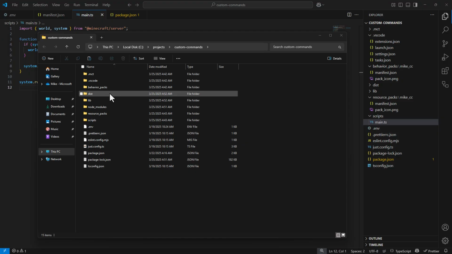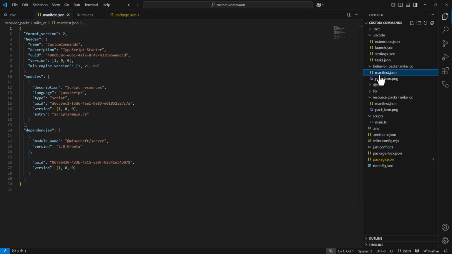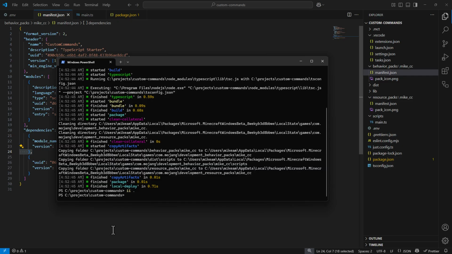I saved this to my local hard drive, and just to get us started, the first thing you need to know is that this is going to be a 2.0.0-beta scripting project. So you're going to want to update your manifest dependencies to 2.0.0-beta just to make sure that you're running in that enhanced scripting environment. The other thing you're going to want to do is make sure that you've got the latest npm dependencies. So to do that, you're going to say